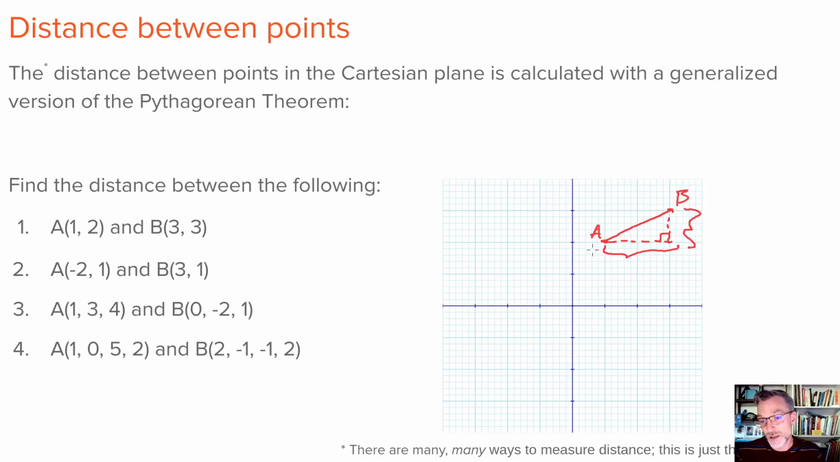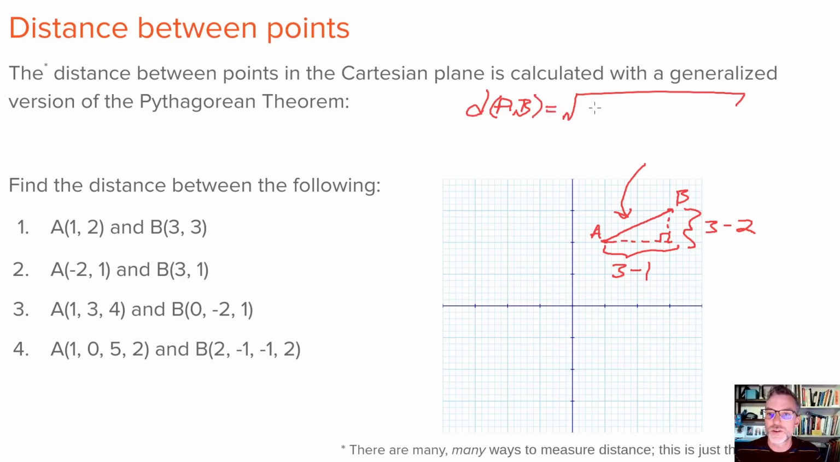And if you look, this horizontal length, for example, is just the difference between the x values of B and the x value of A. So here it would be 3 minus 1. And over here, the vertical distance is just 3, the height of B, minus the height of A, which is 2. So to find the distance between A and B, which we might write as the distance between A and B,